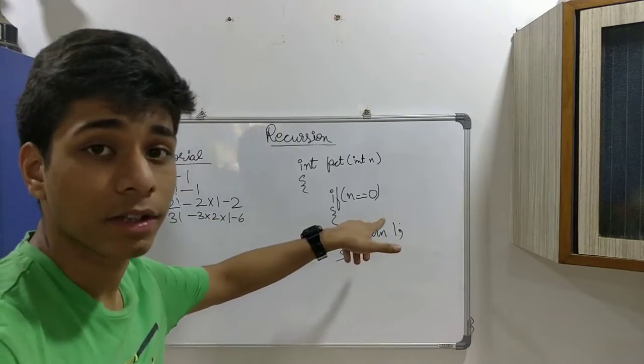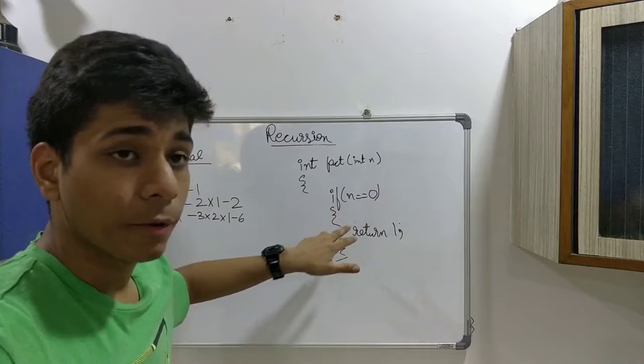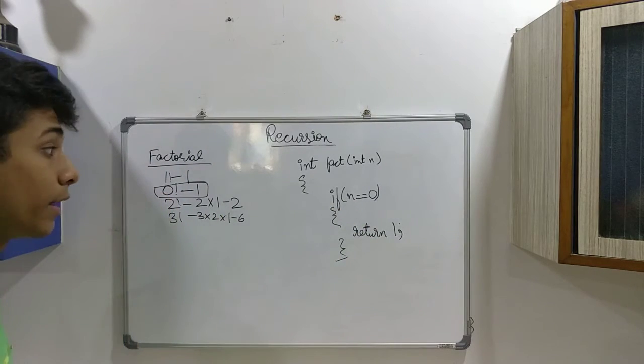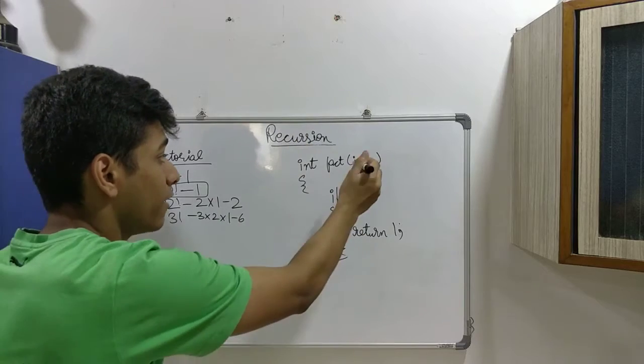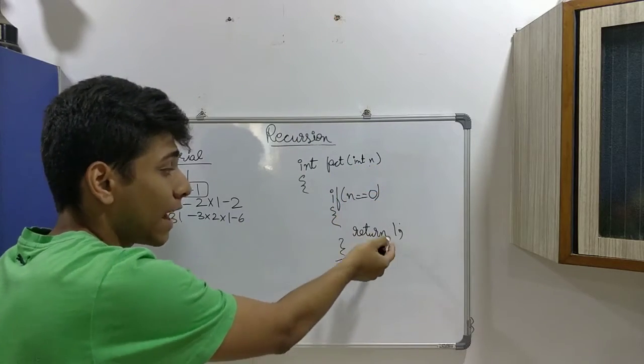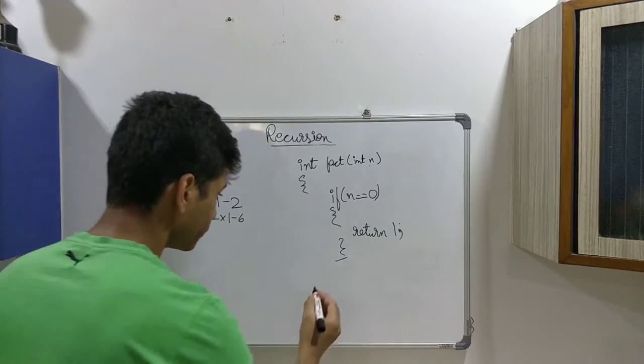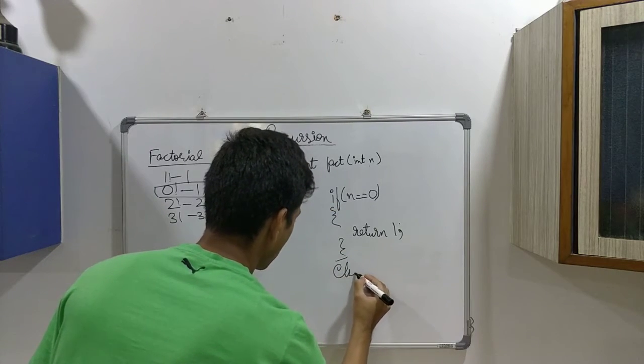So why did I do this? If n is equal to 0, I told you the base case is 0 factorial is equal to 1. So if we know that n is 0, then we can directly return 1, because we know that the factorial for 0 is always 1. Else,